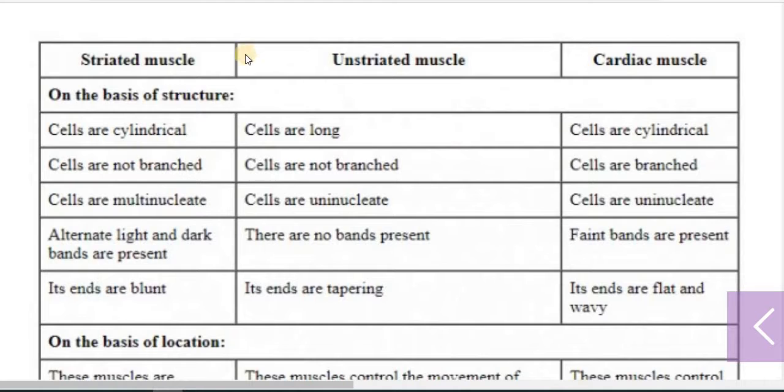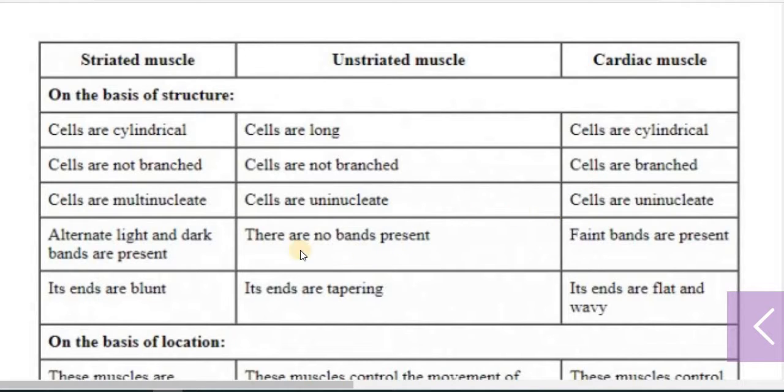Let's see once more the difference between striated muscle, unstriated muscles, and cardiac muscles on the basis of structure. The cells are cylindrical, long, and cylindrical. The cells are not branched, not branched, and these cells are branched. Now, striated muscle is multinucleated, while unstriated muscle is uninucleated, and